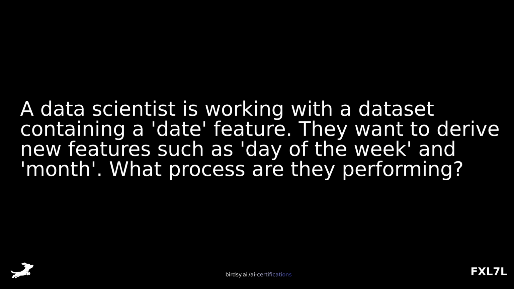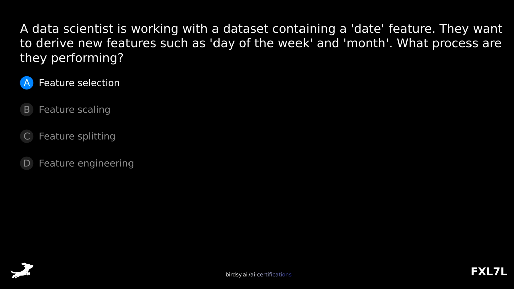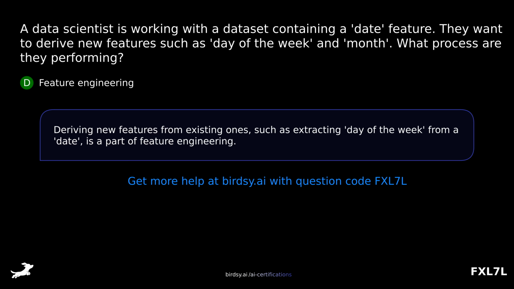A data scientist is working with a dataset containing a date feature. They want to derive new features such as day of the week and month. What process are they performing? Is it A, feature selection? B, feature scaling? C, feature splitting? Or D, feature engineering? The answer is D, feature engineering. Deriving new features from existing ones, such as extracting day of the week from a date, is a